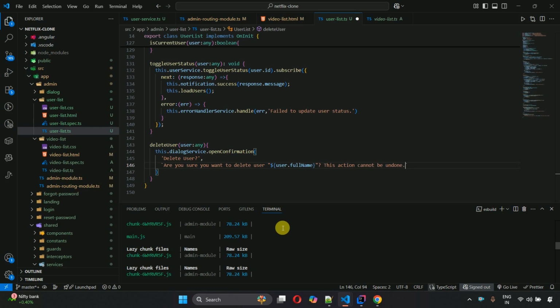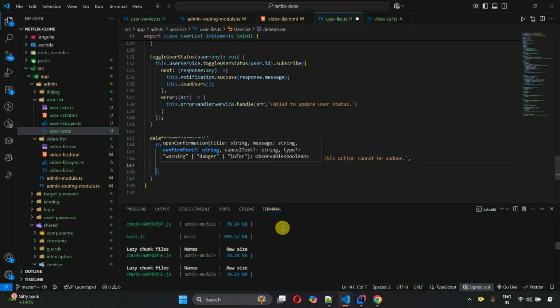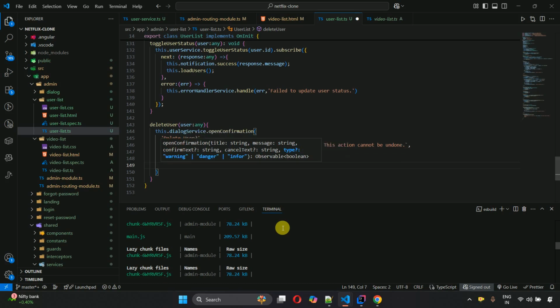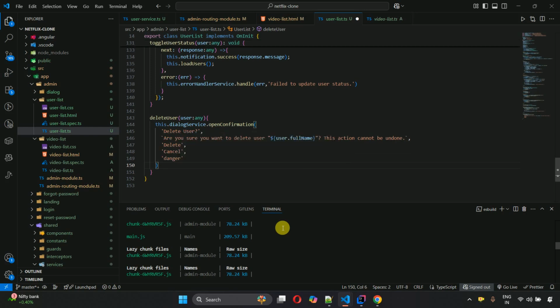Okay, and then comma, and then we have single, then delete, then cancel, comma, danger, I want to use danger one, and after that this parenthesis we have to write subscribe, and the